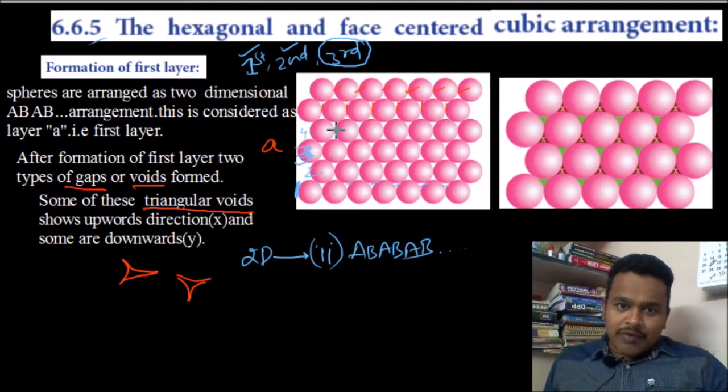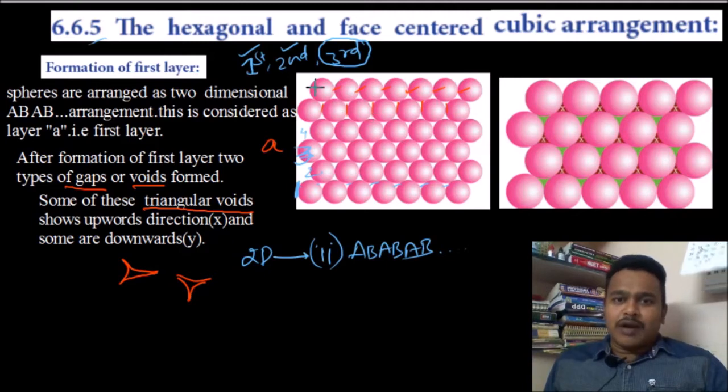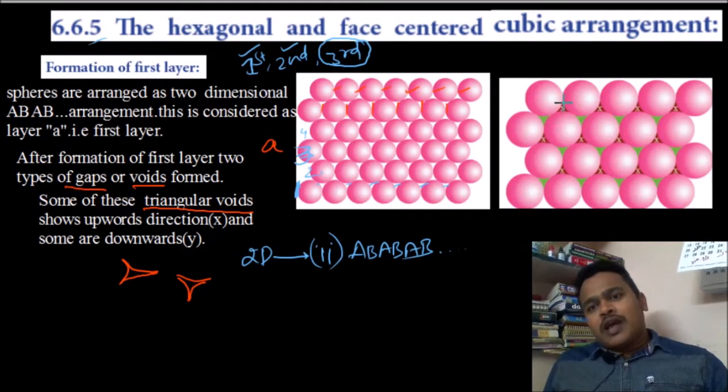Again upward, again downward. So there are two types of voids, both triangular voids only. Some point upward, some point downward. The naming we are giving is for the triangular voids which are all pointing in the upward direction.